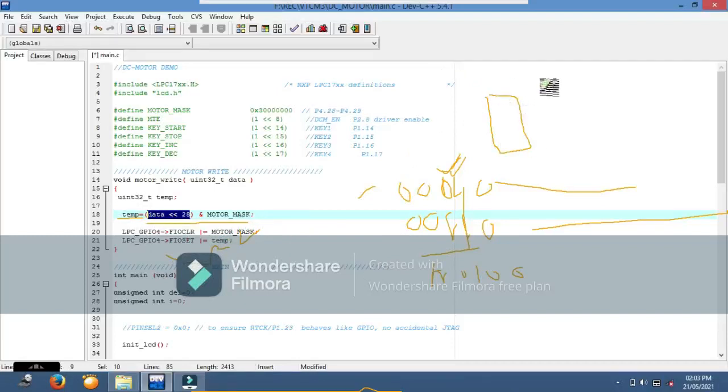Here, microcontroller, driver, the two lines which we are sending, we enable the driver first, and after that send the two lines, the temp value, where all other bits are 0. 01 we are sending, the 28th bit is sending 1, the 29th bit is sending 0, and that goes to the motor. So the high line will become 1, the low line will become 0, hence the motor will start.